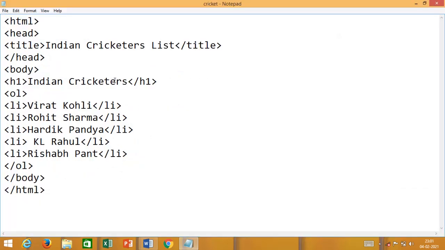Now here, suppose whatever is written under this heading, I will simply add one more tag, that is the marquee tag. Now the marquee tag has some different directions like left, right, up and down.